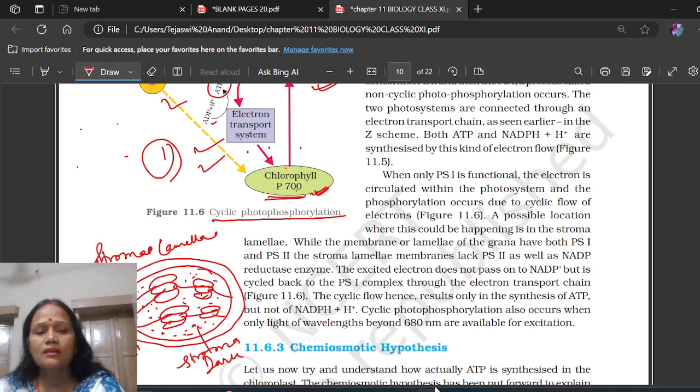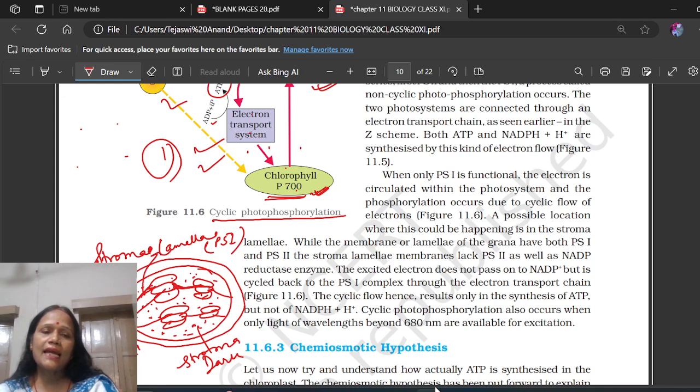The gelatinous substance found inside the chloroplast is called stroma, but this is the thylakoids level. This is the layer of thylakoids and known as grana. But this segment is called the stroma lamellae. इसी को stroma lamellae कहते हैं। और इस स्ट्रोमा लैमेली में यहाँ पे PS1, केवल PS1 ही प्रेजेंट है, PS2 है ही नहीं। स्ट्रोमा लैमेली में क्या होगा? सिर्फ PS1 होगा।